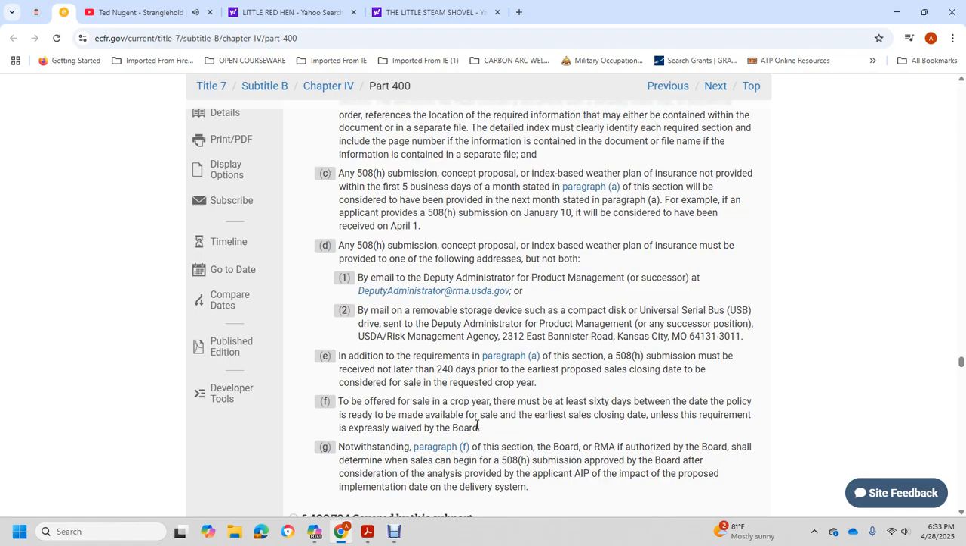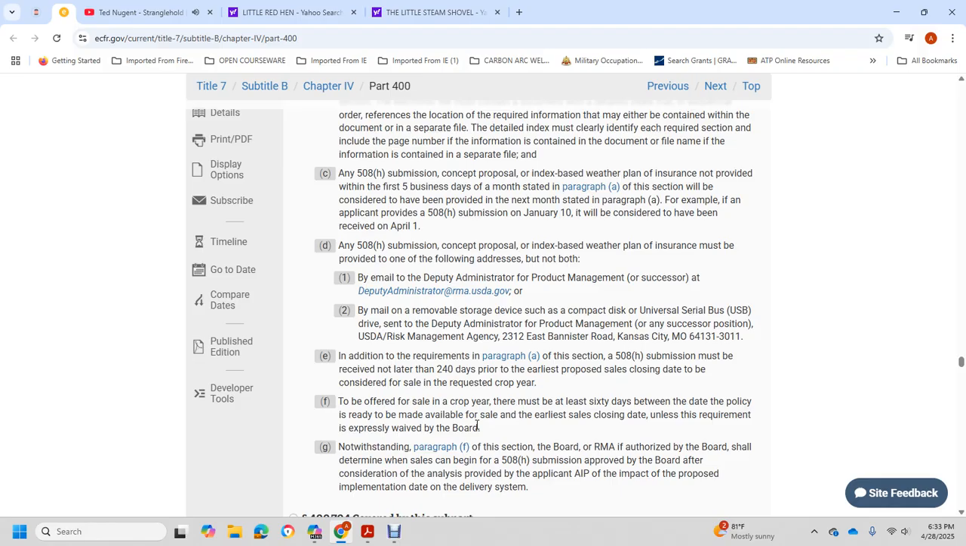These are the requirements of paragraph A, section 508. Submission must be received no later than 248 of the day for the earliest period of the sale of the closing day for the consider the sale of the requested crop year. If you have for the sale of the crop year, it must be at least 67 of the day between the day of the policy with the requirement for the may be available to sale of the earliest sale of the closing day